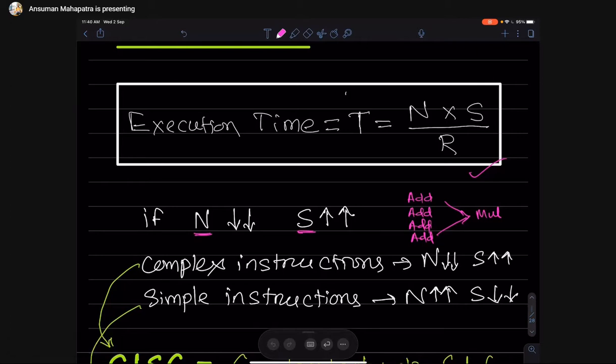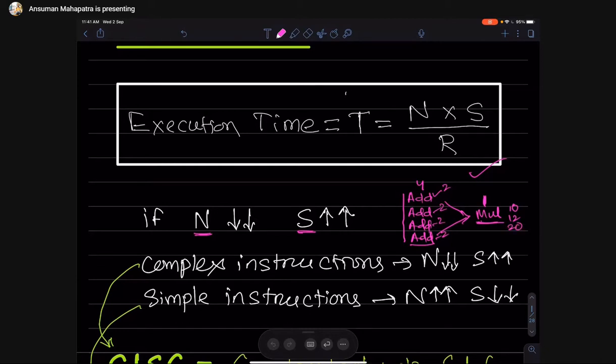Understood? So if we decrease the n value from 4 to 1, here there were 4 instructions, here it is only 1 instruction. But multiplication is more complex than addition. Addition will take suppose 2 steps each, while multiplication may take 10 to 12 steps, or sometimes 20 steps.